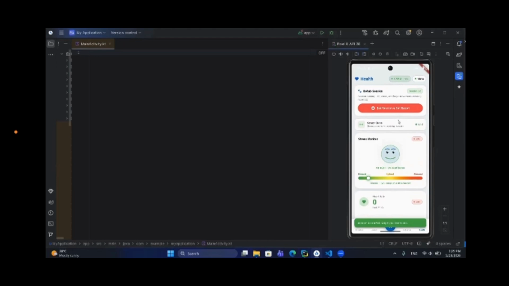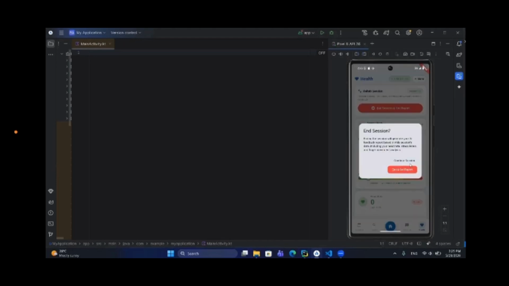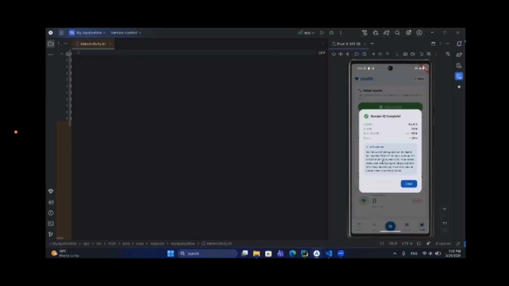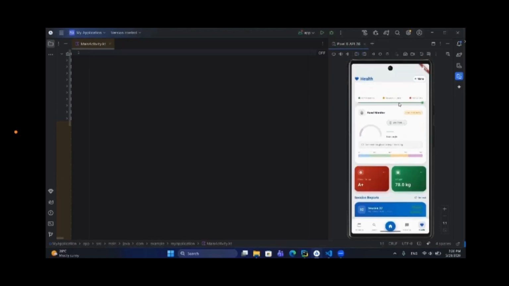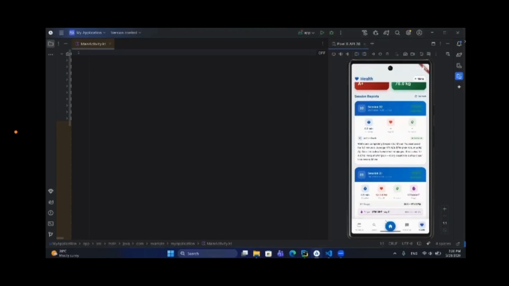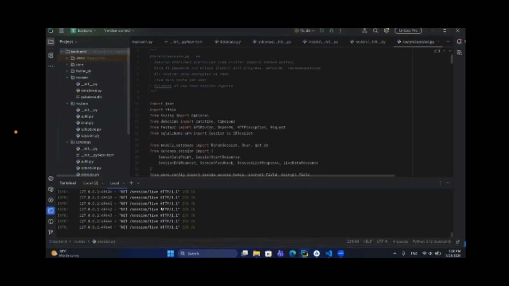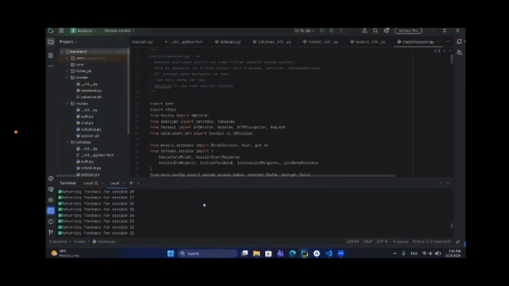So let's say we are starting the session right now. You can see the data between the start and end of the session is collected, so that the feedback report will be generated for the session, and that's the feedback report, as you can see, which is saved as session 32. Obviously, we aren't using the glove right now, so you can see there is no flex sensor output